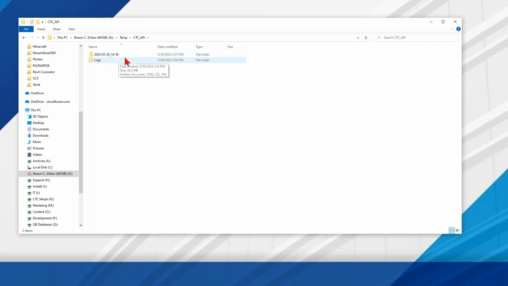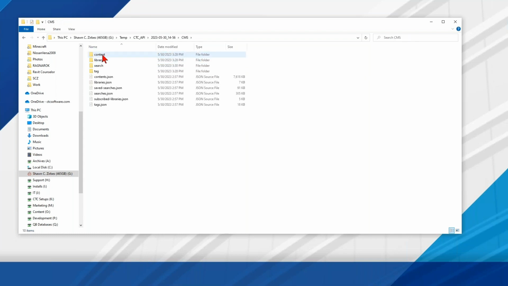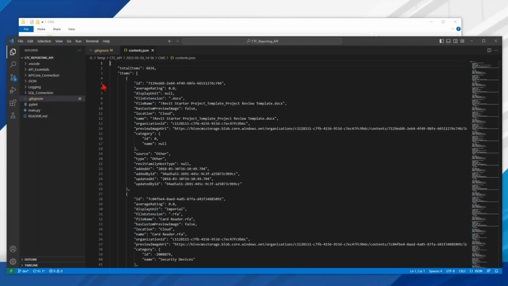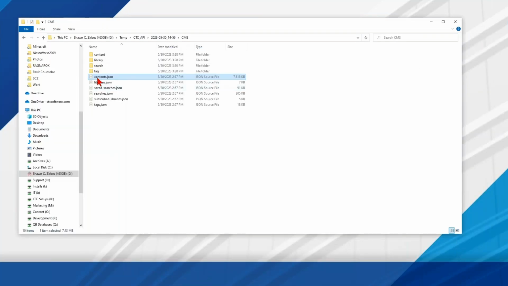I ran that, and I went and got all of this data for the past, I think it was 30 days of information. It went through and pulled down the data as individual .json files, fully filled out for every user, for every piece of content inside of here. This has thousands and thousands, well, 6,836 rows worth of data right there. It went and got all my libraries, all my saved searches, and then it went inside of here and